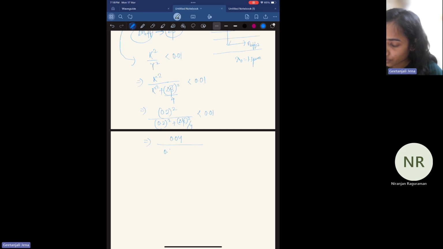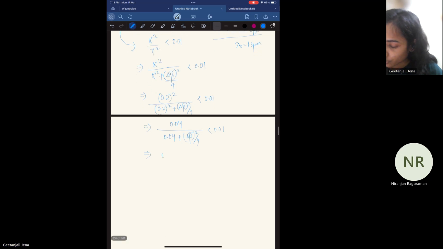That is 0.04 over 0.04 plus delta beta square by 4. If I rearrange the LHS and RHS, we have 0.04 plus delta beta tilde square by 4 should be